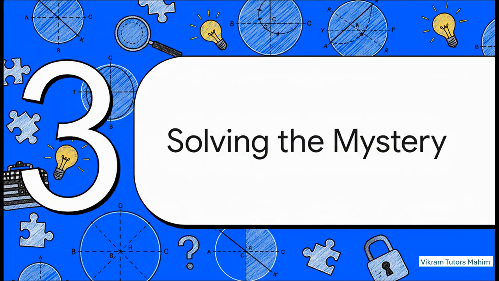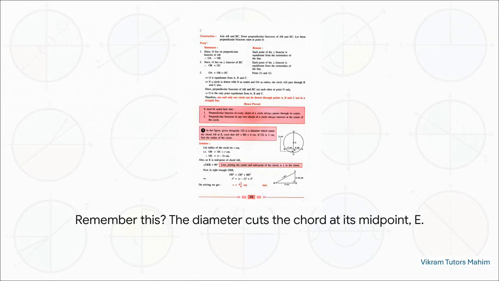Okay, our toolkit is assembled, we understand the rules, now we have everything we need. It's time to go back to the beginning and crack that mystery wide open. Remember this? With what we know now, this picture should look a little different. We were told the diameter cuts the chord AB right at its midpoint, E. And our secret rules tell us that when a line from the center hits the midpoint of a chord, something